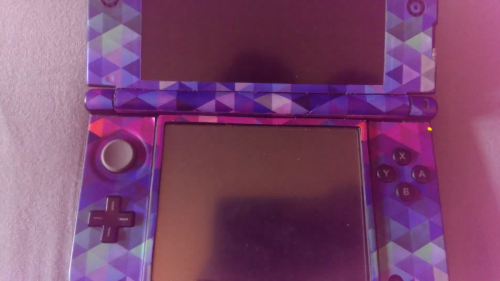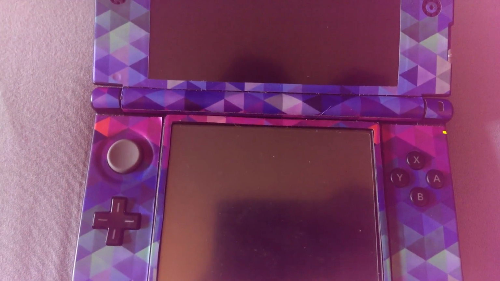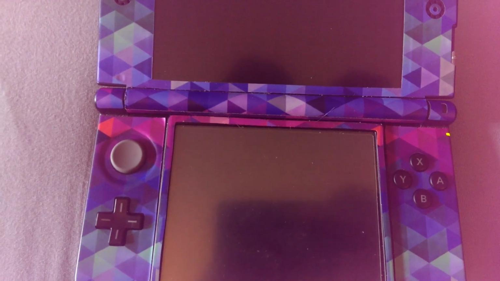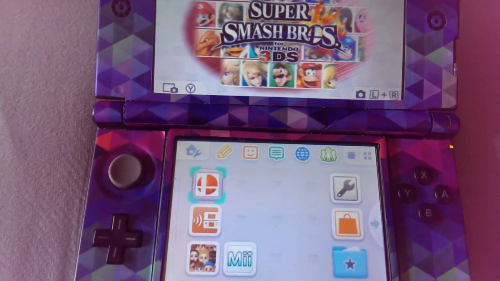I've tried formatting the DS, formatting the SD card inside. I've tried this with multiple cartridges of the Smash Bros. game. I've tried using a different DS, and with a different DS, everything works